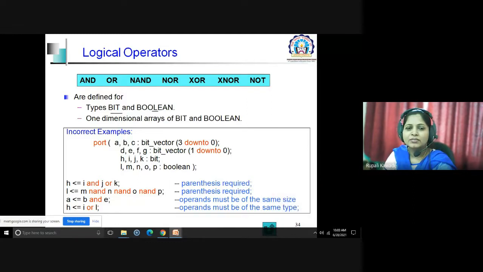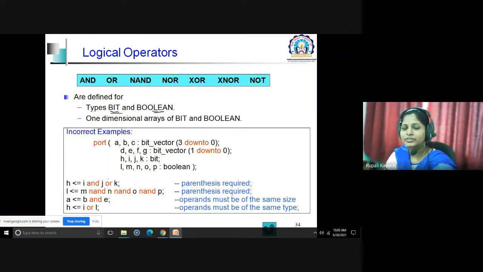In this case, bits will have a value either 0 or 1, and boolean will have a value of true or false, and these logical operators will work on these kinds of data types. Similarly, one dimensional arrays of bit and boolean, so that will perform the respective logical operation on that one dimensional array too. Some of the examples we have seen in our code.